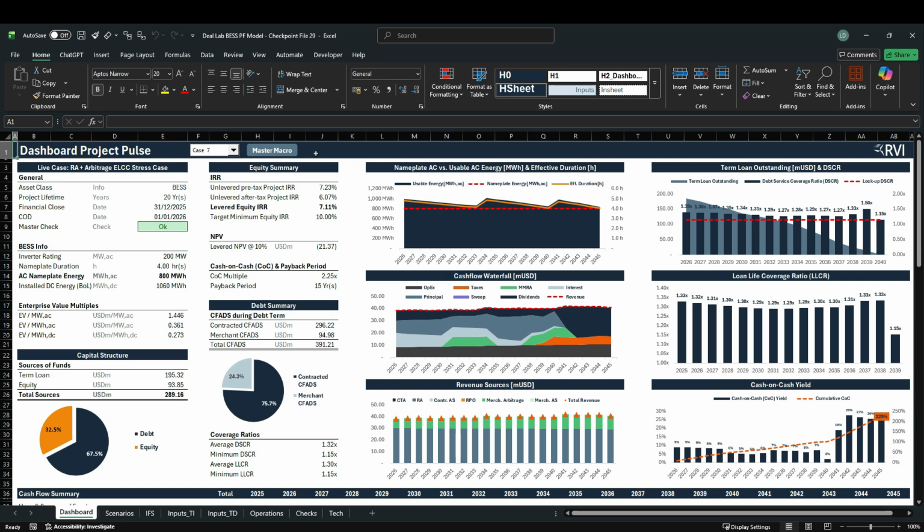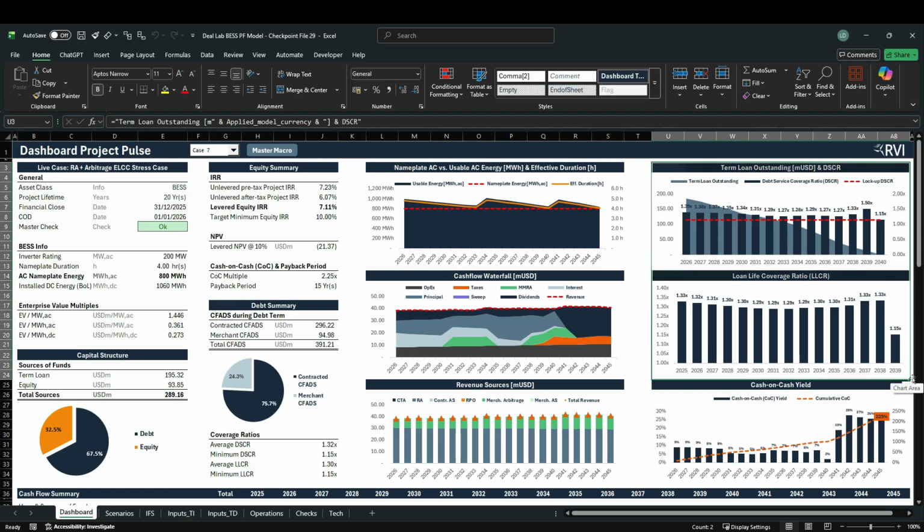In the previous lesson, we covered the resource adequacy plus merchant arbitrage cases. In the currently selected case 7 from our previous lesson, we assumed an accelerated decline in effective load carrying capability, which is effectively a lender stress test. You can see how that assumption tightens cash flows and pushes lender metrics like DSCR and LLCR into more distressed